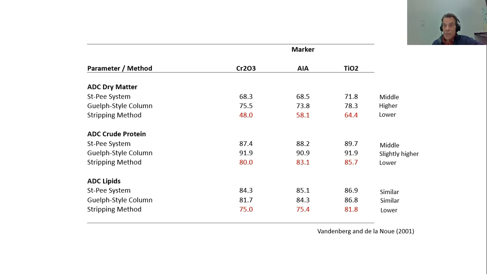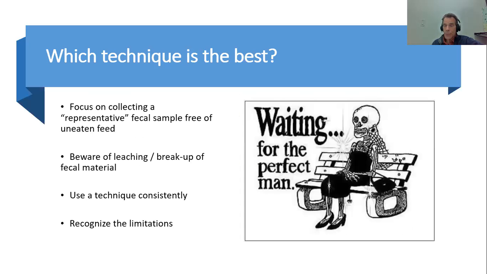The take-home message is digestibility estimates depend on the system that you're using to collect the feces and the marker you're using, and depend on the nutrients you're focusing on. So when people report digestibility values with 1 decimal or 2 decimals, I never believe this information because the information is so variable. The accuracy of the measurement is really quite poor. You cannot go to the second decimal, no way. Even the first decimal, I don't believe it. You should round your value as much as possible.